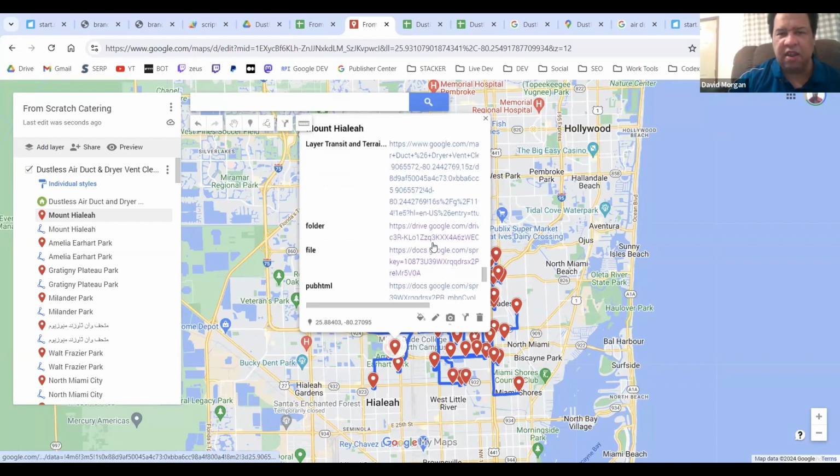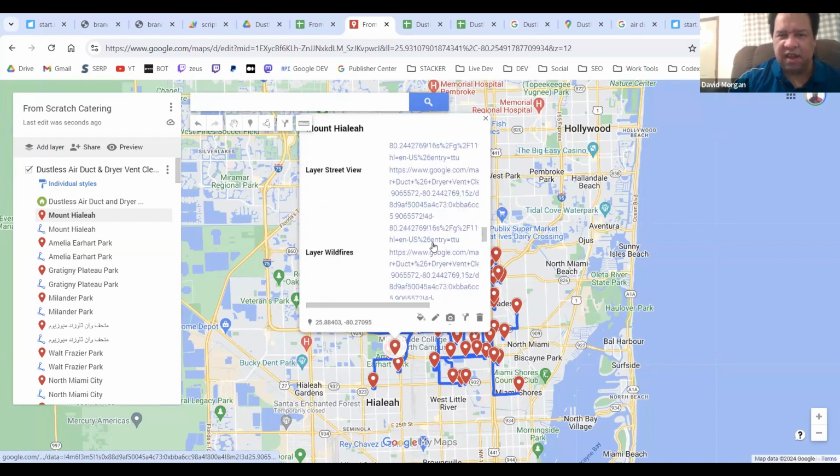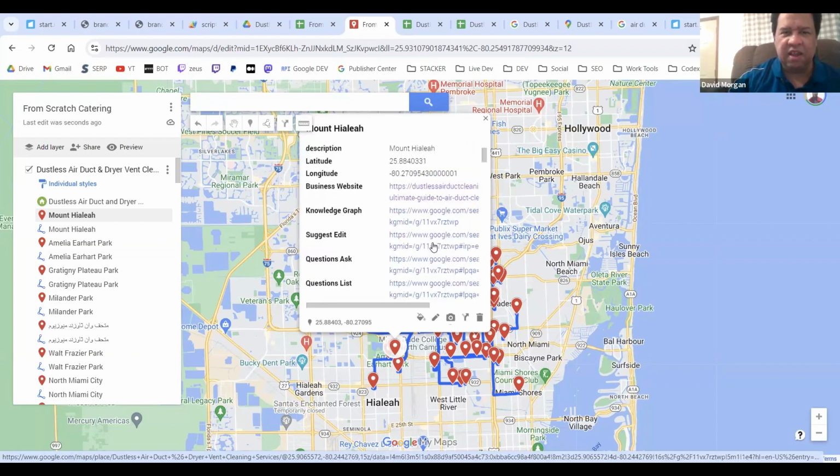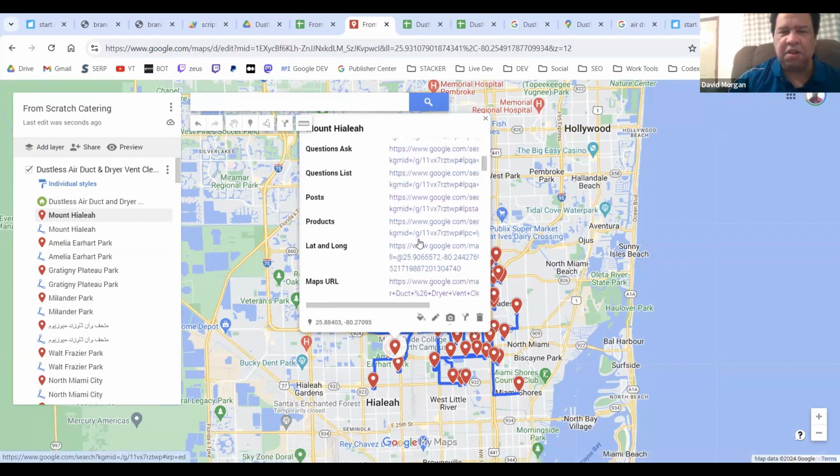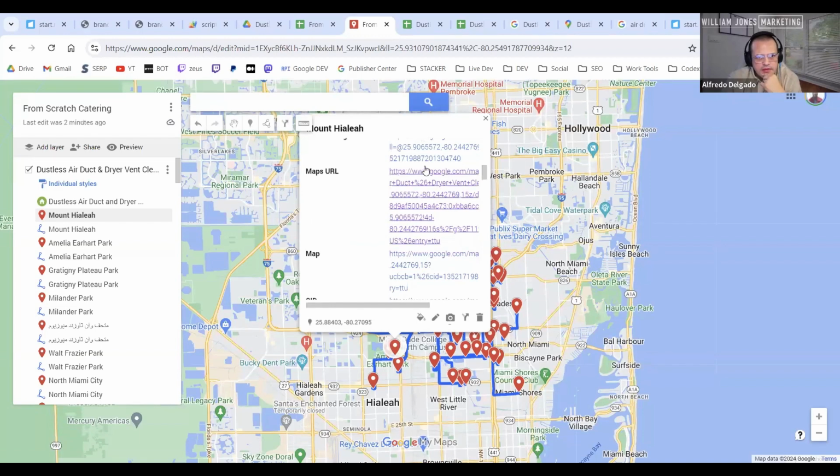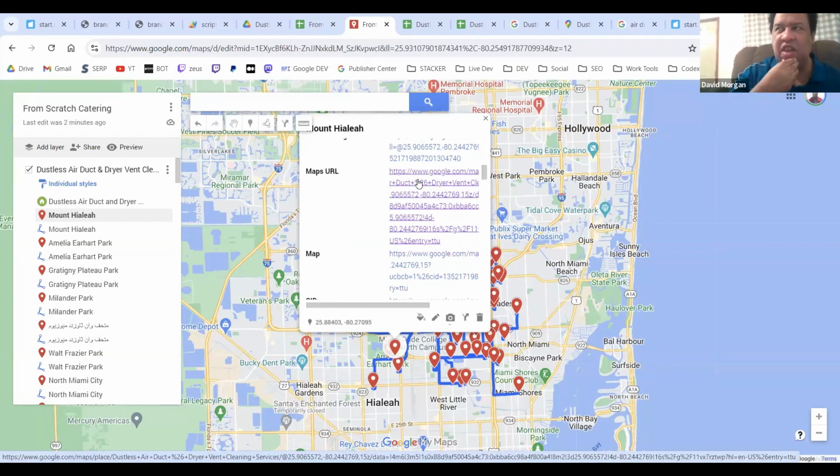I'm not writing anything about the location, but I'm telling Google that this location is every bit like a duct cleaning service. It's like a reference material, because if you think about how you try to explain something to somebody else,